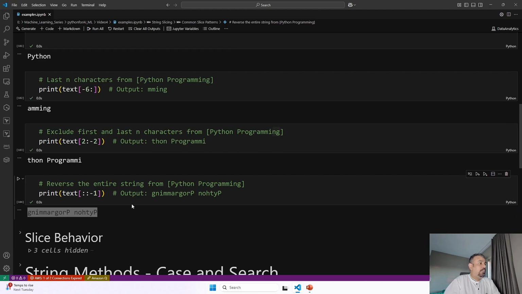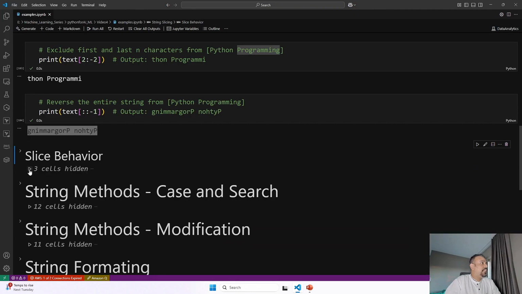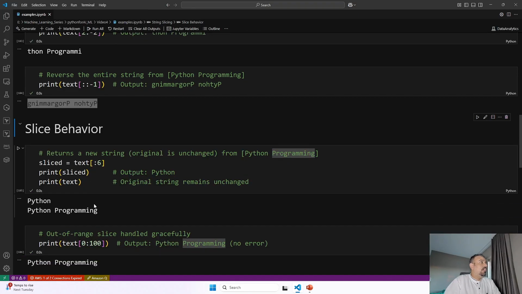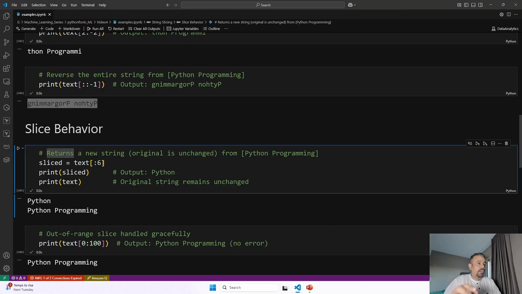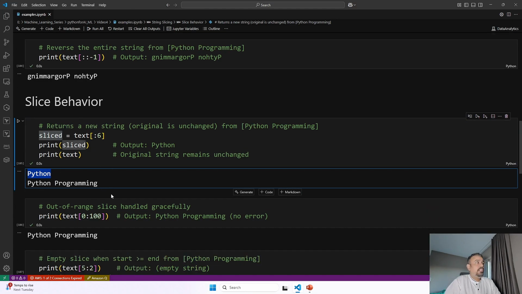Now let's talk about some slice behavior that we just discussed in our slide. As part of slice behavior, it says that it returns a new string. So whenever you try to fetch any character, the return type as part of your slicing is going to be a string. Over here, when we say from 0 to 6, it has sliced Python and saved it in slice. When I print slice, you will see Python. And this is the original text. So it has been saved as a string